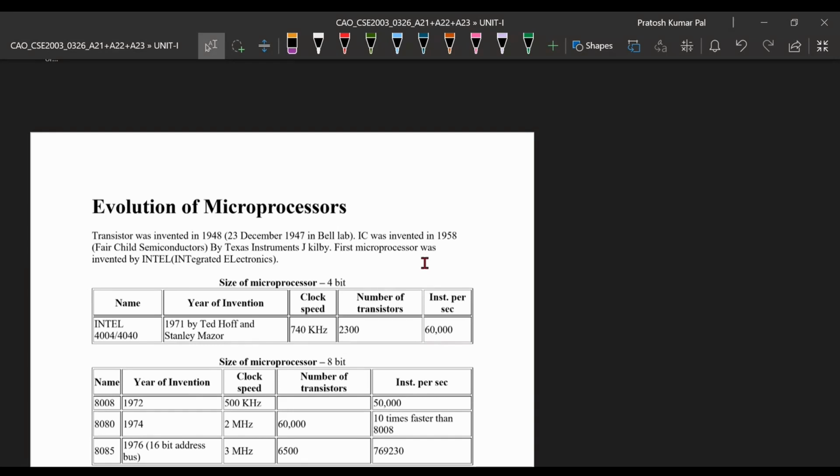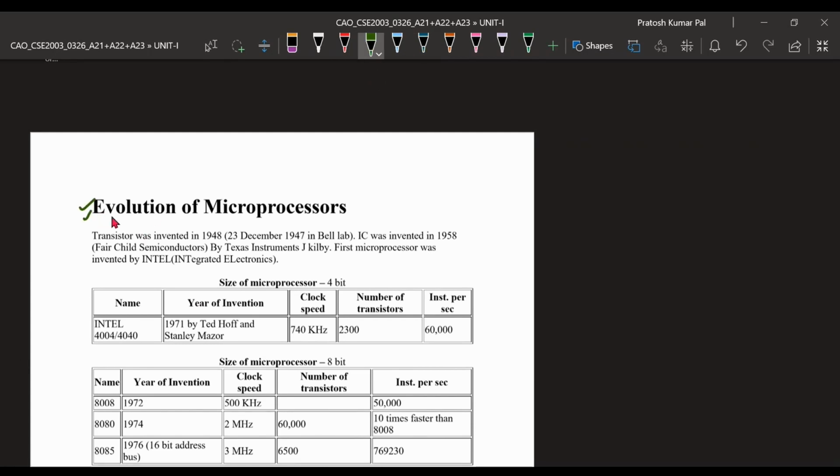That difference can be correlated with the evolution of microprocessors, like how microprocessors have evolved from executing a small number of bits at a time to a large number of bits at a time. Okay, so we'll be starting